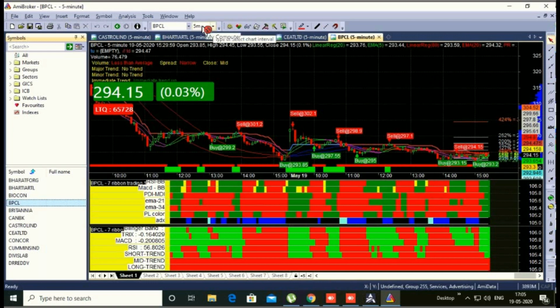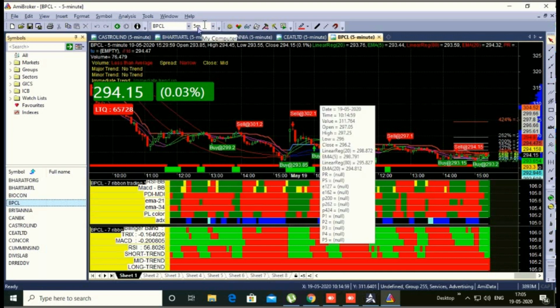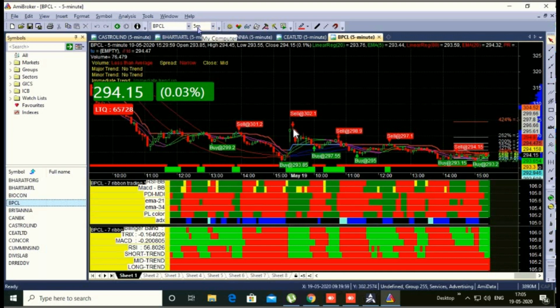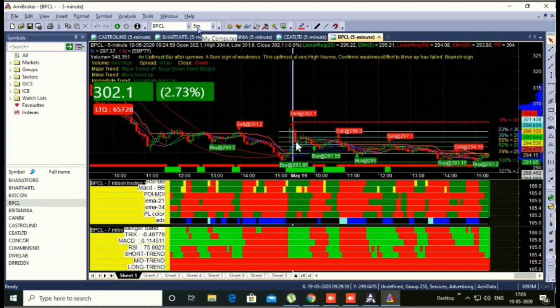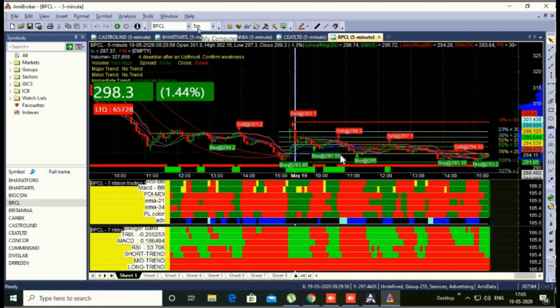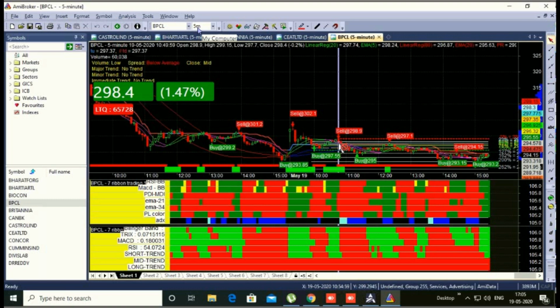Okay, how to check calls? Already I gave you the training video. There we explain how you can check calls. Okay, if any kind of sell appears like this, you just have to, yes, all this is just a ready-made indicator. This RSI, BB and MACD must be in red color, minimum. It means you will get an entry on this next candle here. Yes, it means you will sell from 296.80, not from 298.9.